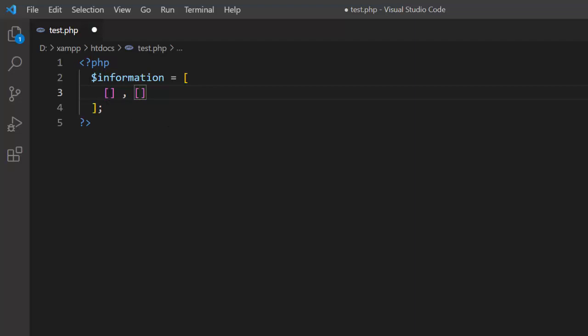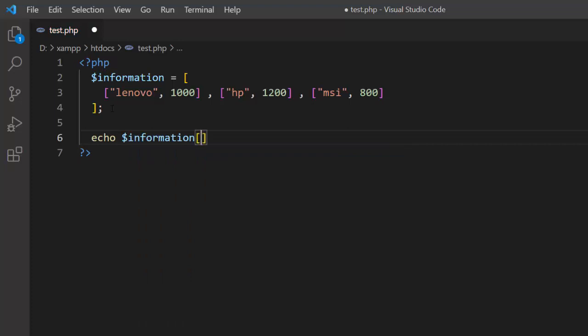To add the computers with prices. So here computer, the first one, Lenovo, and the price of Lenovo will be like 1000. And here I need to add another one like HP, and the price for HP is like 1200, like 800 or something like that. Now also we can print it, but it's a little bit different. I can say echo